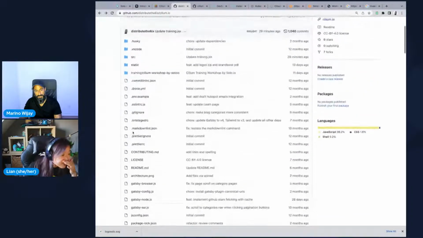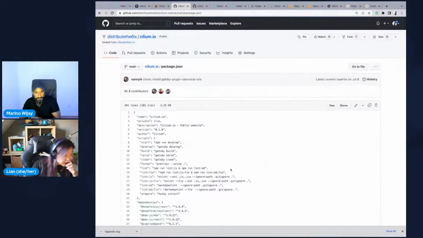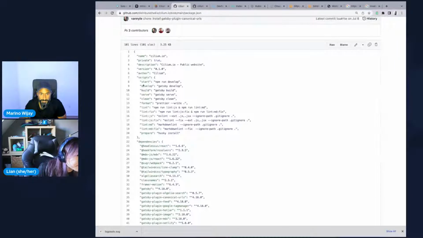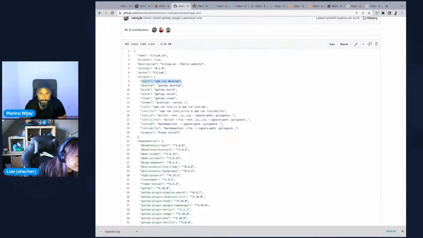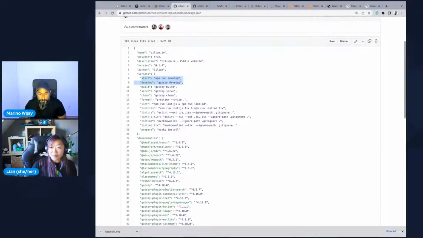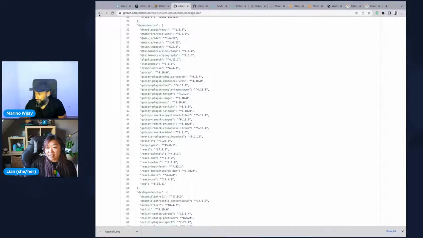And can you look into the package.json? Sure. Yeah, exactly. So if you look at line number 8, it tells us that if we run npm start, it will run npm develop, which will run gatsby develop. And I'm guessing that now we would have to look into Gatsby. But we took a quick look into the gatsby-config.js, and I didn't see that it was saying something like, take all the environment variables from here and write them into the environment. So I assume what has happened, based on nothing but experience from working in tech for 10 years,